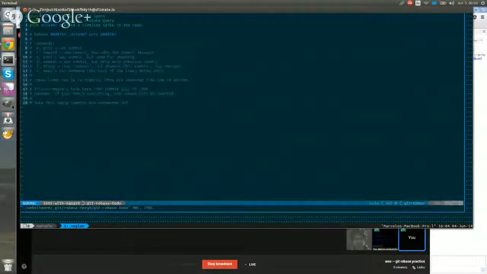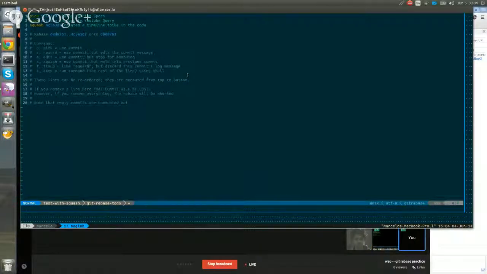So this is the rebase. It's the interactive rebase mode. When you're rebasing interactively, you can do whatever you want to these 3 commits. I can't remember which one was the top one now. Create a timeline spike in the code, I believe. Oh, okay, right. So that's the most recent one. So I guess I want to squash this one, so I will just replace it with squash.